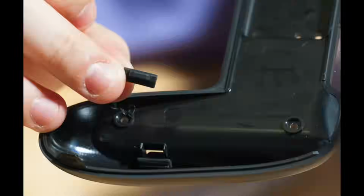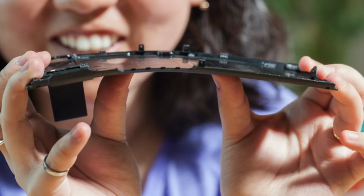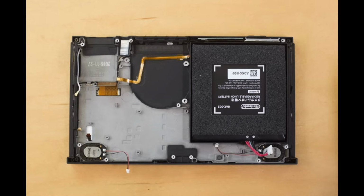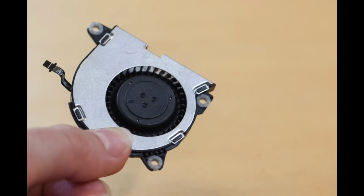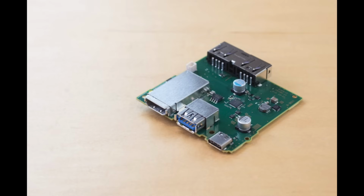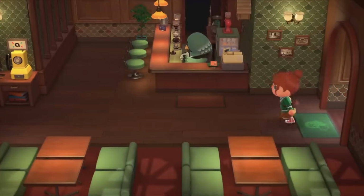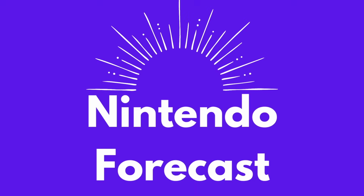What complexities and challenges will they face, and what should we look out for over the coming months before the new system rockets out of our dreams and into most reputable retail outlets? And are some of the complexities we'll uncover part of the reason for the purported internal delay of the Switch 2 in the first place? Grab a cup of something from Brewster's and settle in, because this is a Nintendo Forecast deep dive into Nintendo's